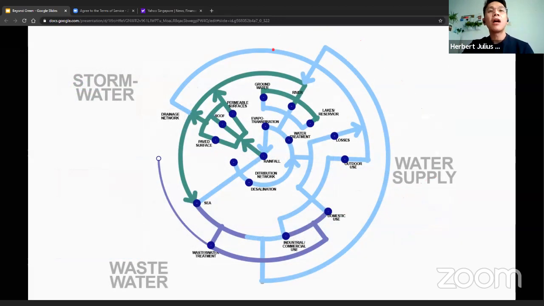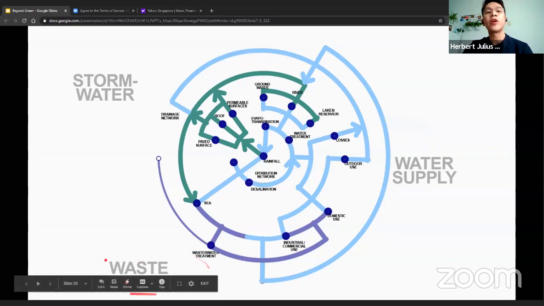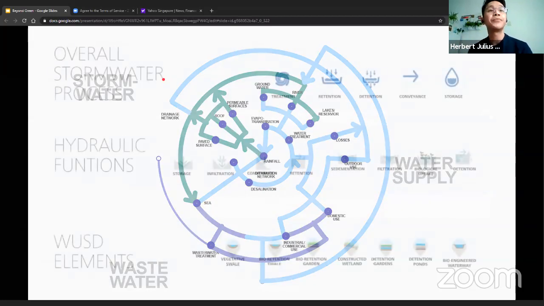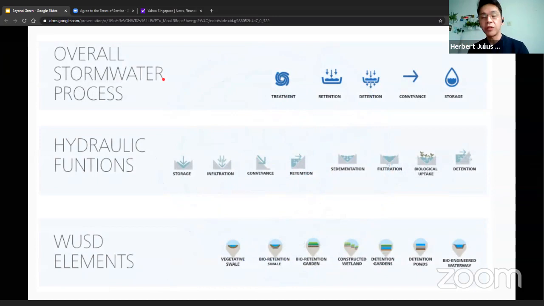It's a piece of the pie in this system of water, in conjunction with water supply and wastewater. And as landscape architects, we have this opportunity to work with stormwater to aid in alleviation of wastewater, as well as to supply more for and replenish our water supply. I won't go much into this detail. It's quite technical, but